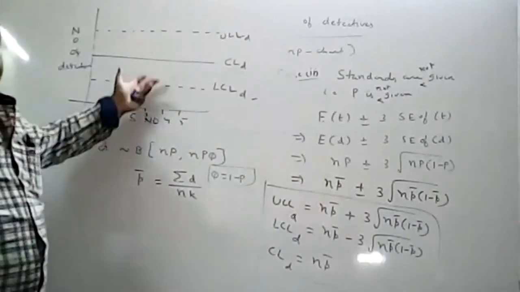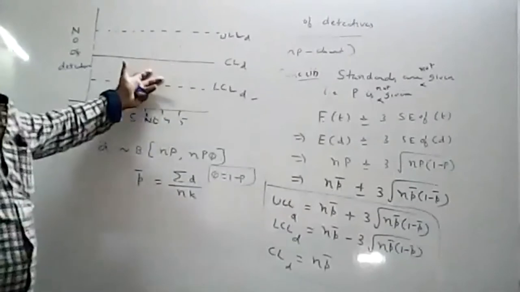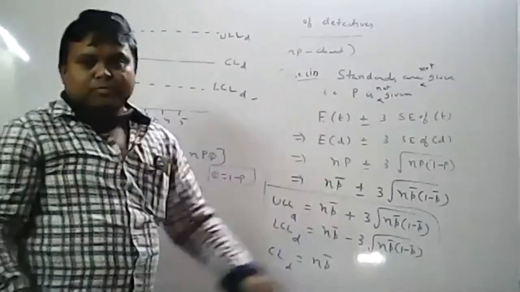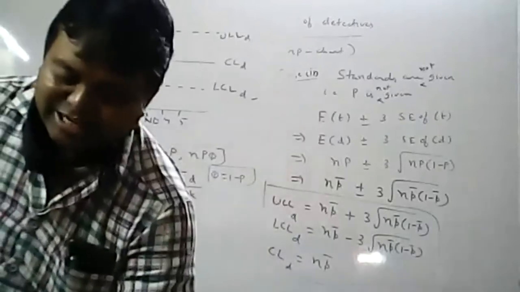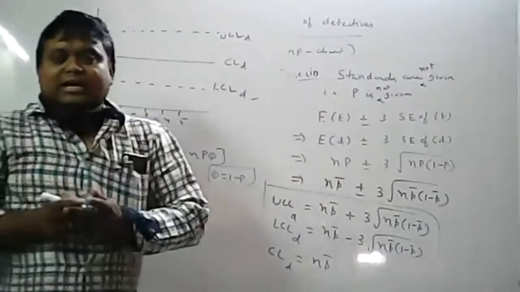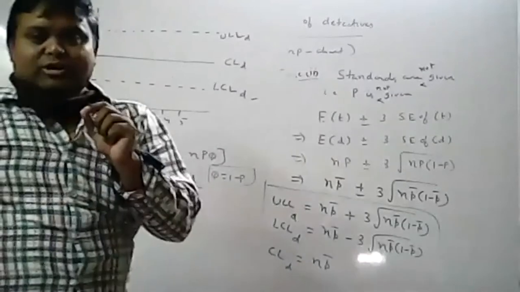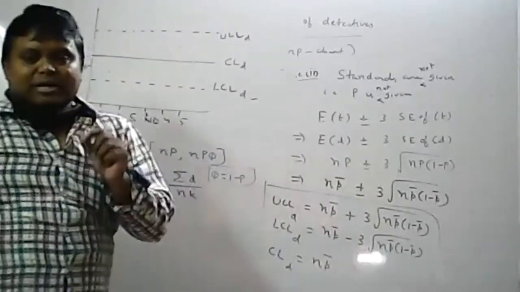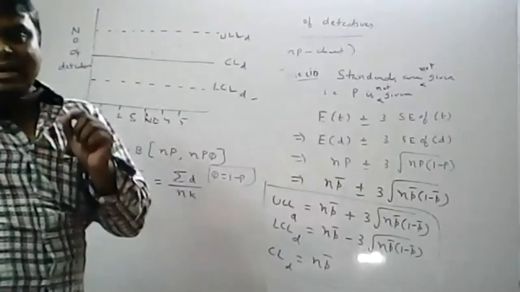These are the same as already done: mean, range, S chart, P chart. The construction and interpretation is the same, only the formulas will change. So I hope all of you understood the D chart now. D chart means instead of P, you will construct the value of D. The value of D you will take, and based on D, you will construct the chart. Then that is called the control chart for number of defectives, or D chart.